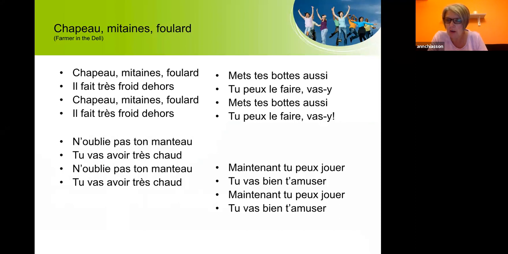Ah, pour le corridor, quand on les prépare pour la récré, chapeau, mitaine, foulard, il fait très froid dehors. Chapeau, mitaine, foulard, il fait très froid dehors. N'oublie pas ton manteau, tu vas avoir très chaud. N'oublie pas ton manteau, tu vas avoir très chaud. Mets tes bottes aussi, tu peux le faire, vas-y. Mets tes bottes aussi, tu peux le faire, vas-y. Maintenant, tu peux jouer, tu vas bien t'amuser. Maintenant, tu peux jouer, tu vas bien